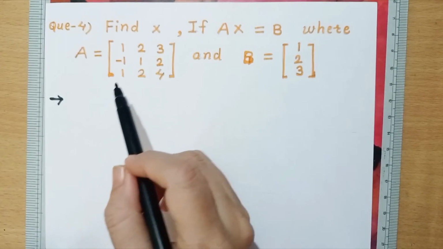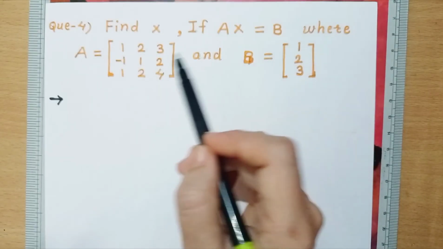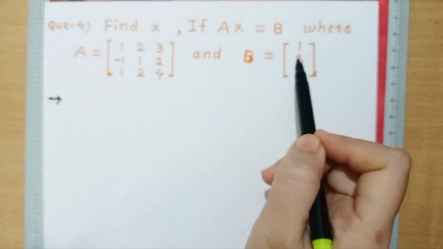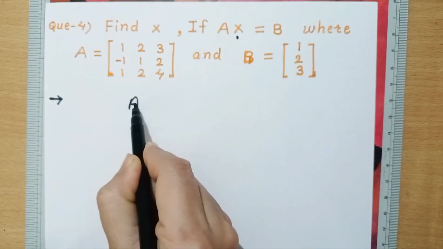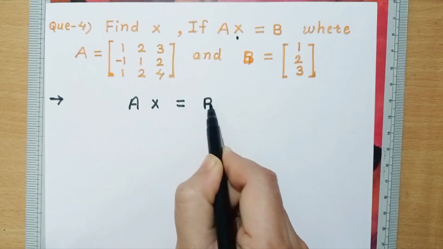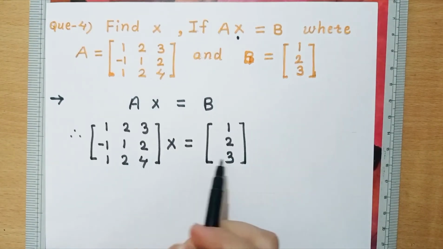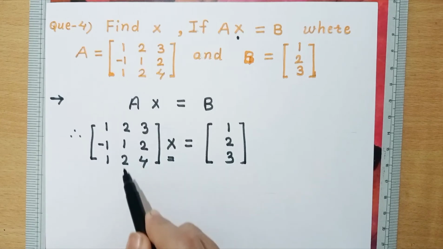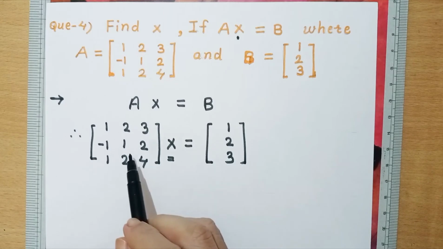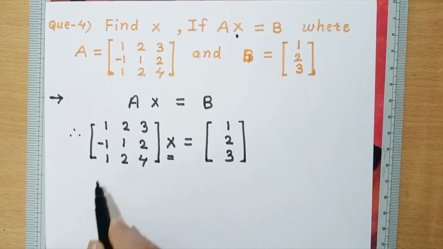This is our fourth question, and here also we have given this relation Ax is equal to B. Also we have given this A matrix and B matrix, and we have to find out this X. So first we will write this relation here, Ax is equal to B, and now substitute these matrices here. Now check here, we have to find out this X matrix. So we will make this matrix as identity matrix, and since this is prefactor, we will use row transformation for both these matrices, and therefore first we will make these two elements 0.